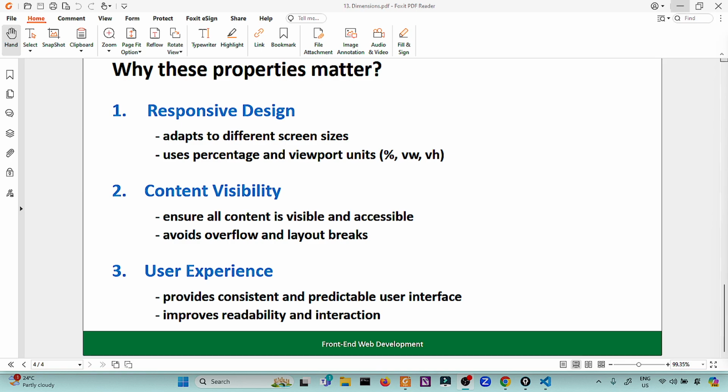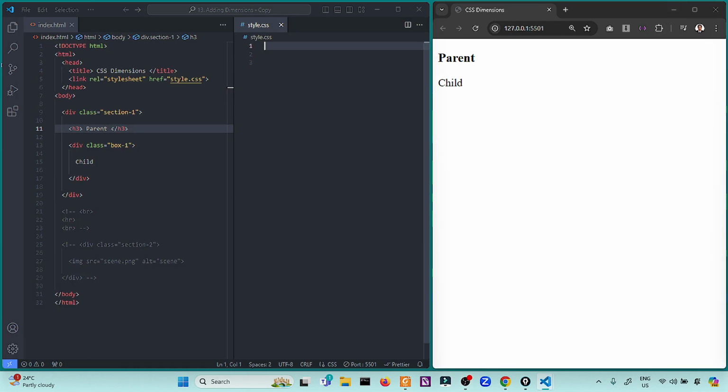Now let's get started in demonstrating this dimension. So we have an H3 for the parent inside a div with a class of section1, and we have a child element with a class of box1.